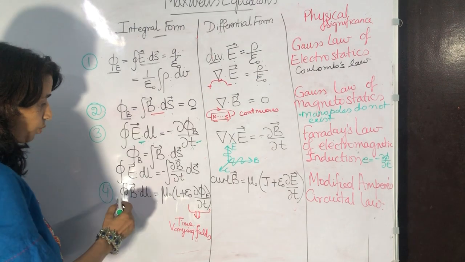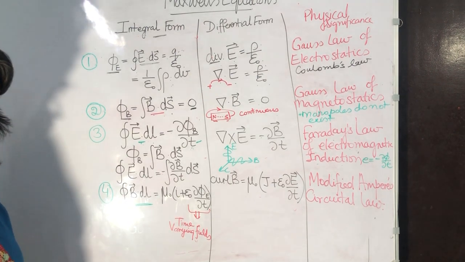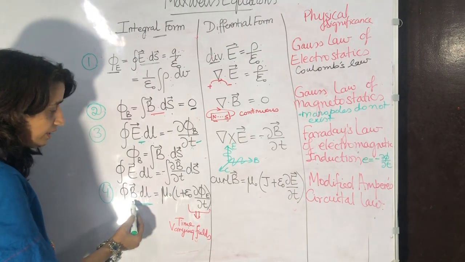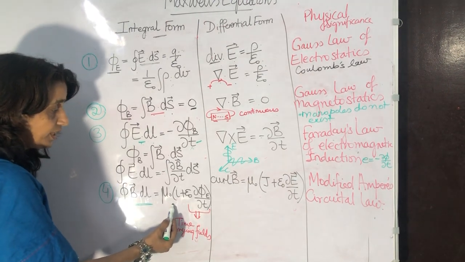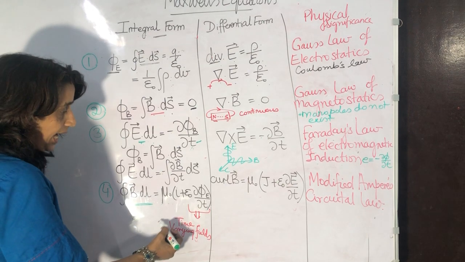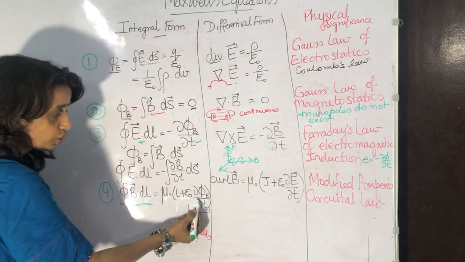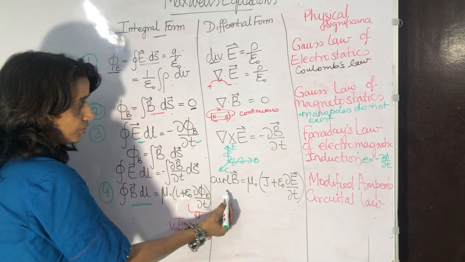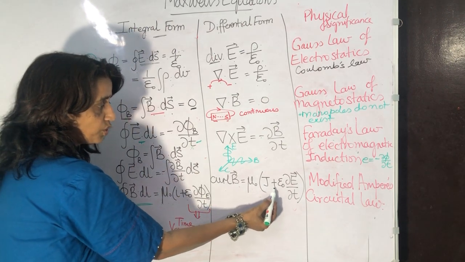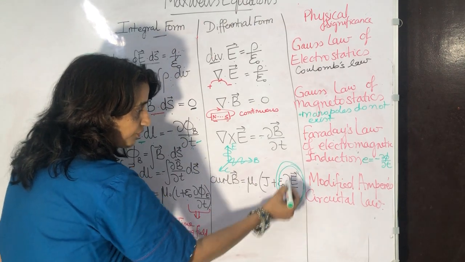The fourth equation was a very important contribution of Maxwell to electromagnetic field theory, and it included the very famous simple Ampere's circuital law, which got modified with the fourth equation, and it included the time varying fields and is also known as the displacement current. And in terms of differential form, curl B is mu naught into J plus epsilon naught del E by del t. This factor is